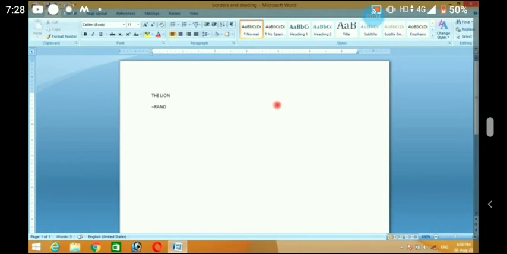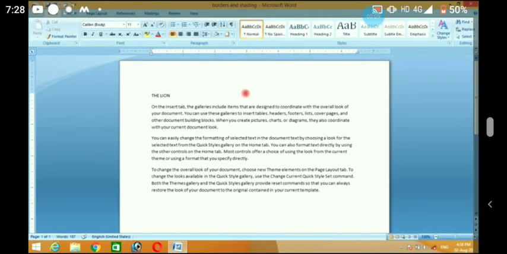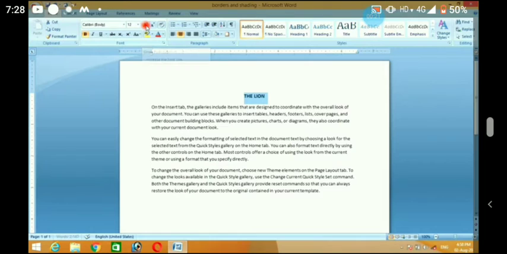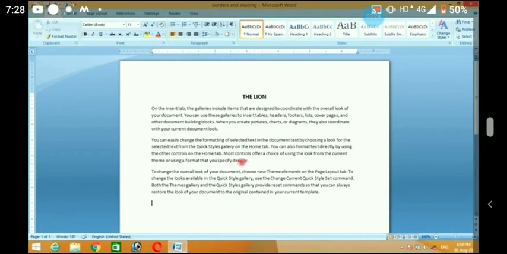Today we will start the border and shading part. Okay, so today we have inserted a text from here, and now we will do the center alignment of the line. We are first making it bold and increasing the font size a little bit, so it is easier for you to understand the text properly. Okay, so today we will discuss the borders and the shading part over here.